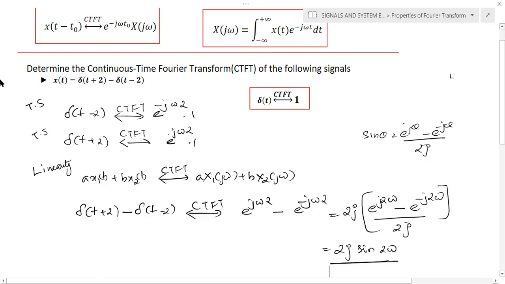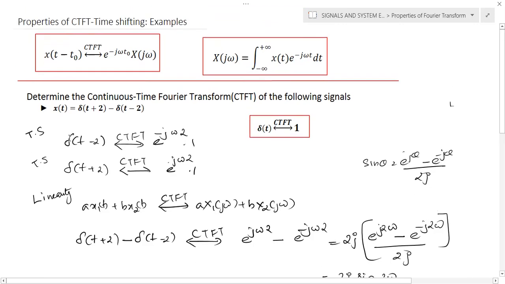So in this particular problem we are applying two properties, linearity and time shifting property. Linearity property we already discussed. Before applying a property, you should write the property and say that we are applying that property. When you do problems in an exam, always mention the properties at the proper place. Here the time shifting property is already written in this particular question, so I'm not repeating it. But when you do the problem, please write the property before applying the property results. Okay. Thank you.